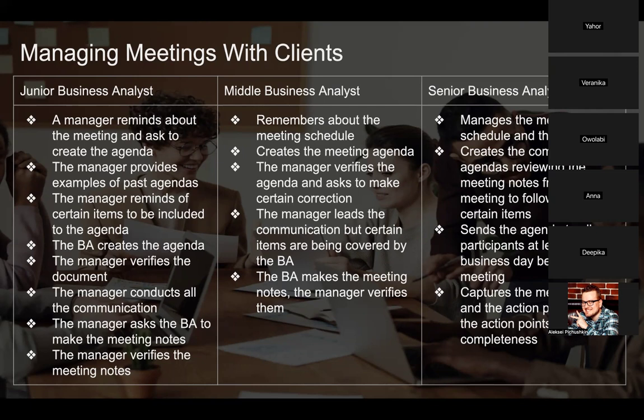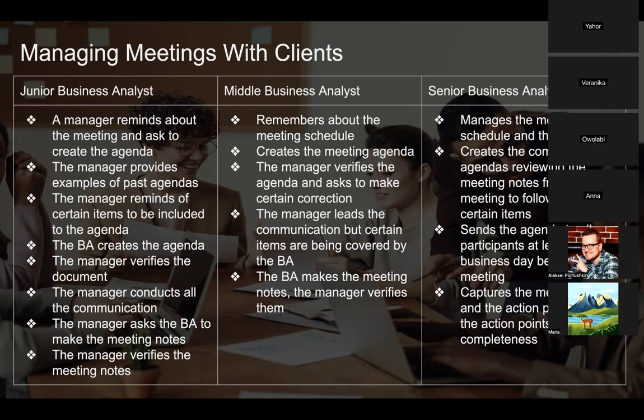Once this professional, this business analyst, starts growing, right, and understanding that I can do this better, I need to take care of this and that, they start remembering probably the schedule and different rules existing in the company. They don't have to be reminded about the date of the call, and they remember about the meeting schedule and do the agenda on their own, but it is still the manager who has to review it, right, before it is sent out to the client or to the stakeholders, prior to the call, and also the manager still has to come to the call and monitor how it goes.